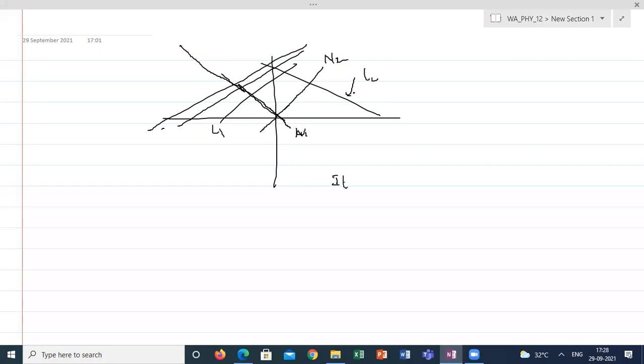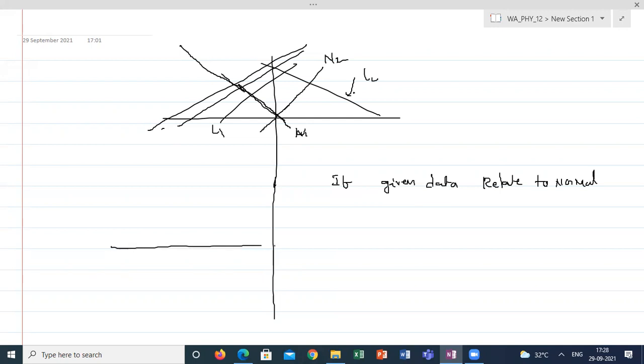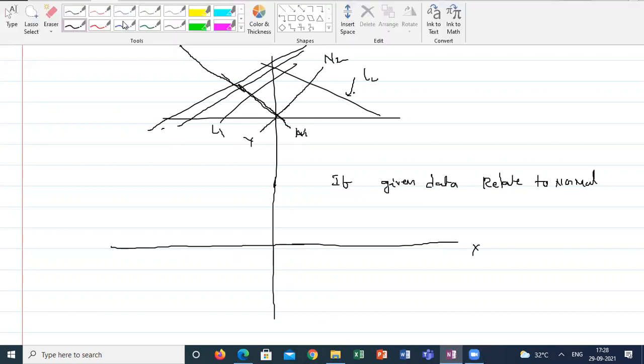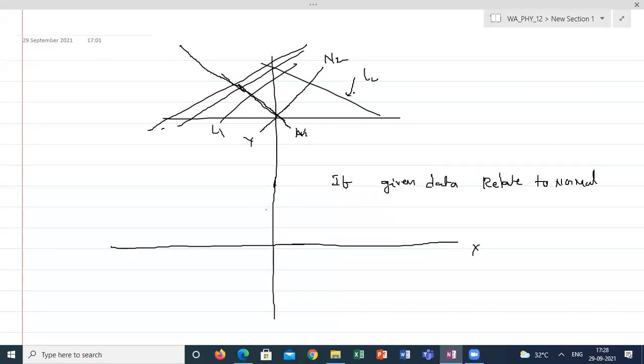I am giving data related to normal. What are the possible data I can observe with respect to the normal? Suppose I take the x-axis and y-axis and draw a normal randomly. You can choose between any axis to any axis. Here I am drawing positive to positive. Now I am drawing the negative x-axis, negative y-axis. So this is my given line. But I didn't give any data related to the given line. I gave only the normal. The green color line shows a normal.